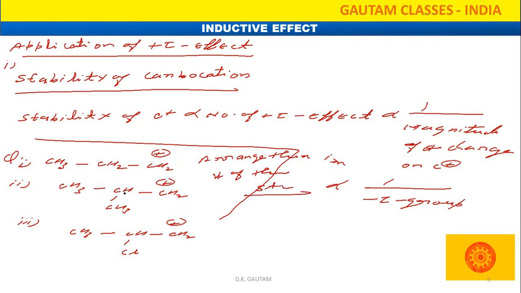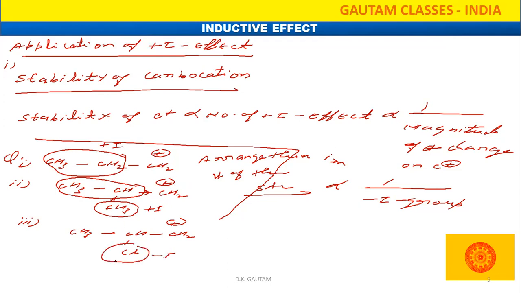We are going to arrange. There is one alkyl group attached, which is a plus I group. Here the same thing is attached, but there is one methyl group present very near the carbocation. You know that if a methyl group is present near the carbocation, it has more tendency to donate the electron. If it has more tendency to donate the electron, the magnitude of positive charge will decrease, so stability will increase. This is the minus I group. It has a tendency to withdraw electron density, so definitely the magnitude of positive charge is going to increase. So the stability order will be here: second one having the maximum.